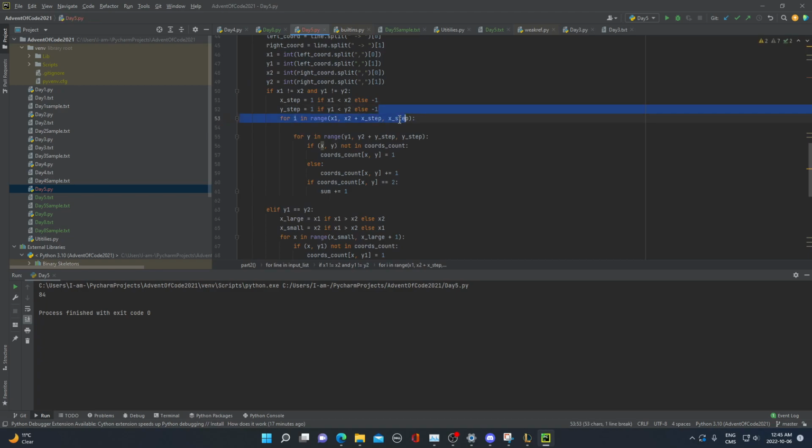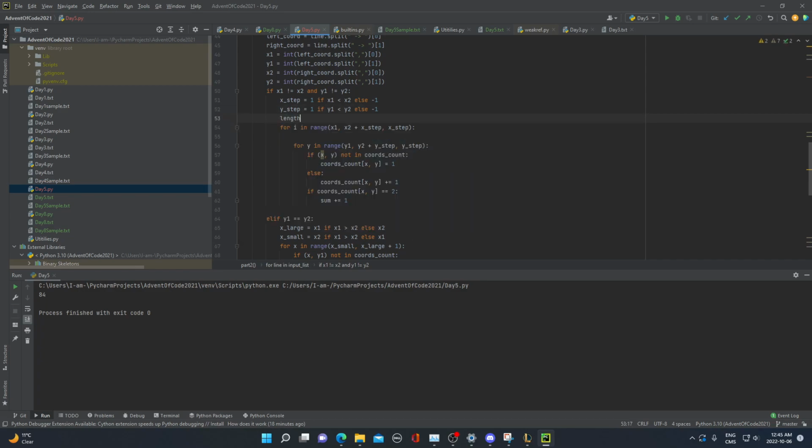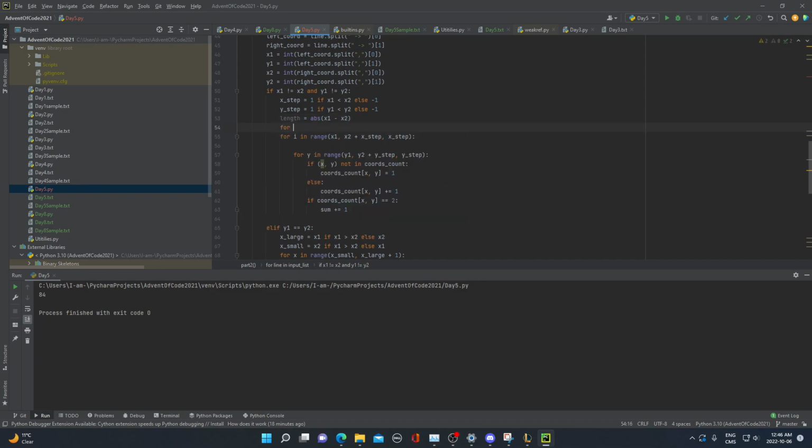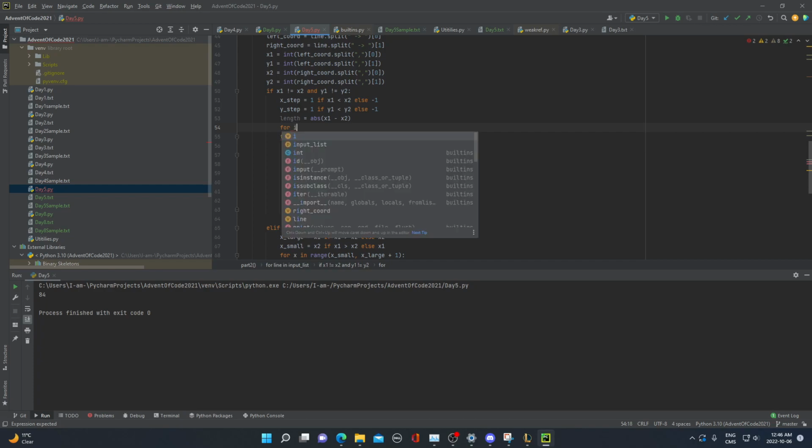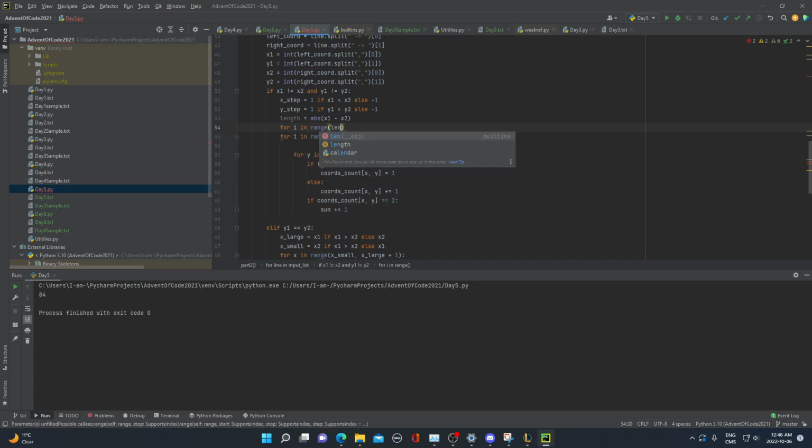So actually, what I can do, now that I know that piece of information, is go length is absolute of x1 minus x2. And then for i in range of the length,